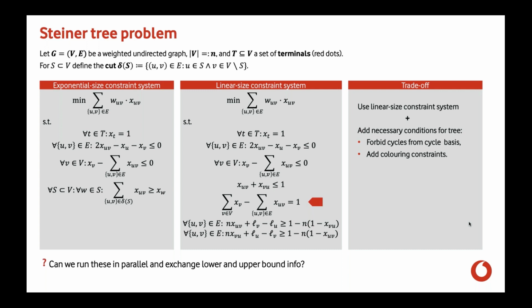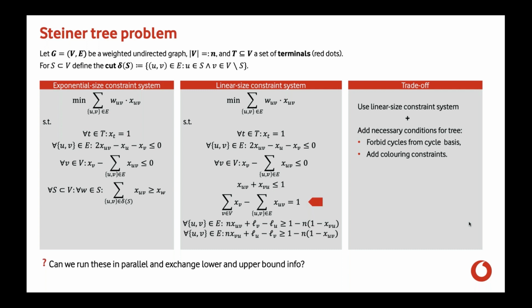Then we have our constraints describing what our solution actually should look like. Otherwise, you just would choose the empty solution and find a minimum. First of all, the terminals should be connected. So we have an indicator variable for each vertex saying whether it's connected by the selected edges or not. And those corresponding to the terminals should, of course, be 1, i.e. the terminals should be connected to the network. Then there should be a relationship between the edge and the vertex variables, telling you that you can only choose a vertex as part of the solution if there is an edge connecting that vertex to the solution. And those are the next 2